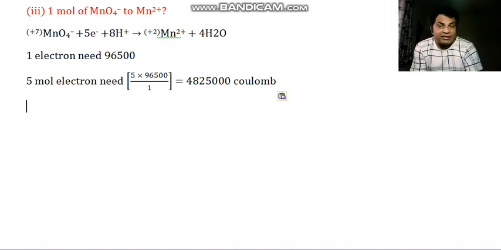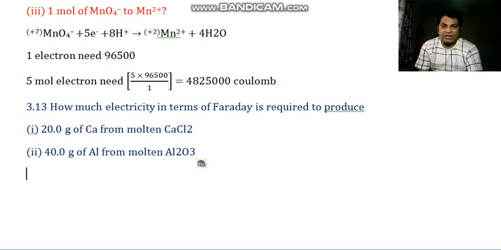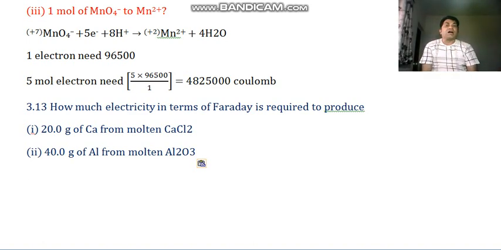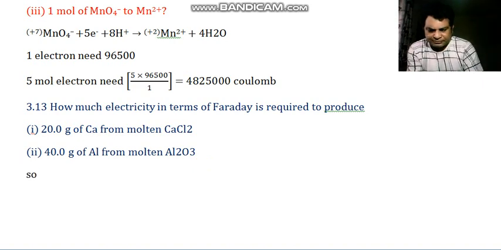Now we are entering into 13.13. Now read this question carefully. How much electricity in terms of Faraday is required to produce 20 gram of calcium from molten CaCl2 and 40 gram of aluminium. So here also in the solution